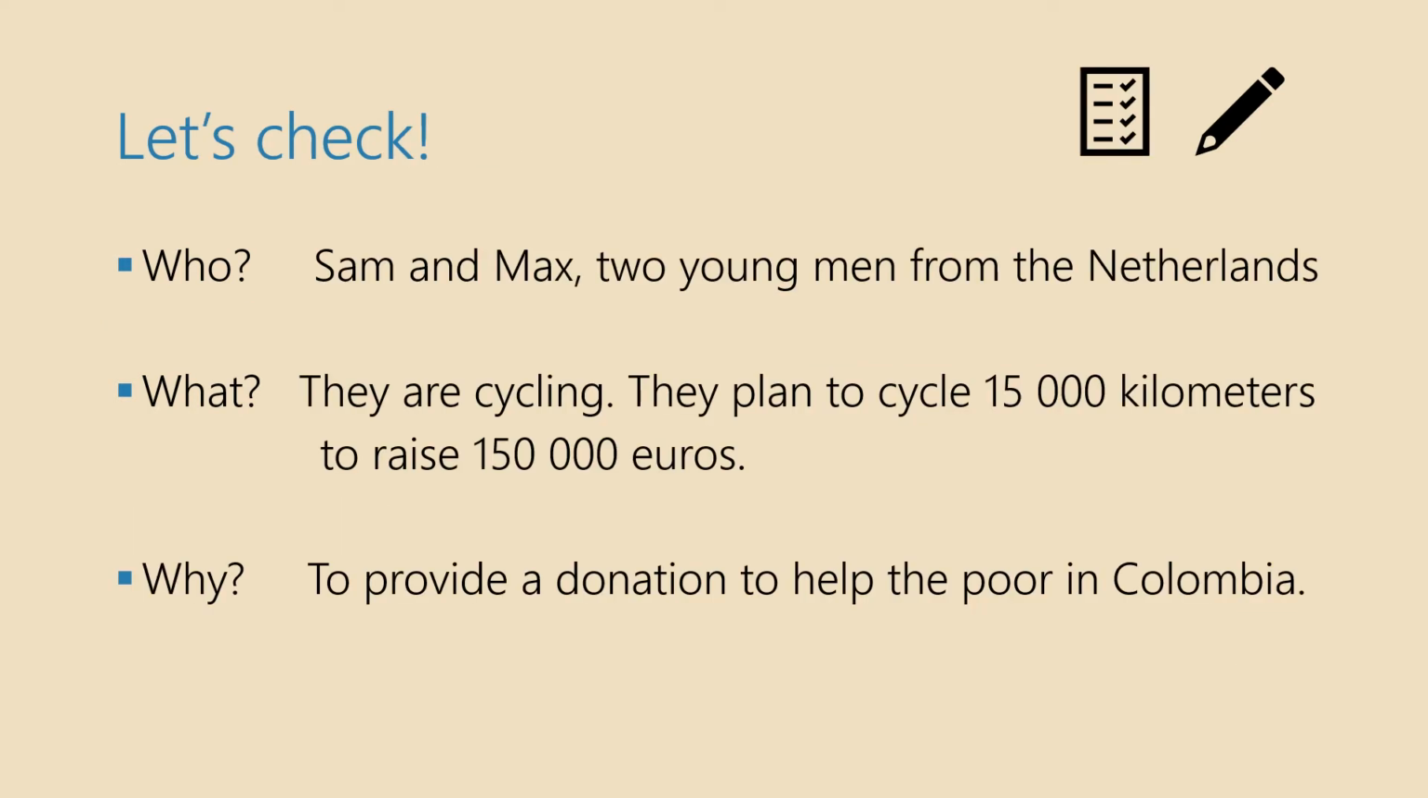Let us check the answers together. Who? Sam and Max, 2 young men from the Netherlands. What? Meaning what are they doing? They are cycling. They plan to cycle 15,000 kilometers to raise 150,000 euros. And why? They want to provide a donation to help the poor in Colombia to improve their living